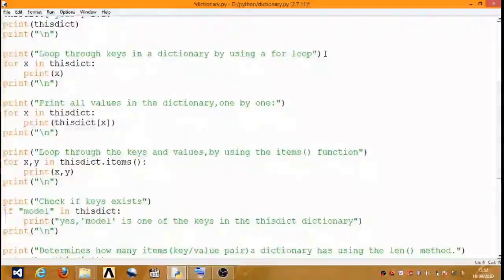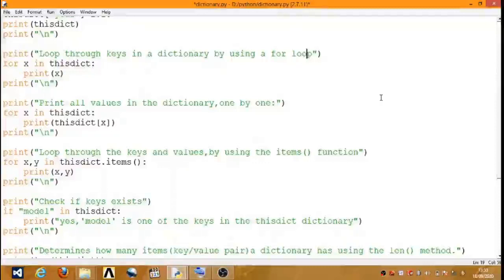Next, print in bracket double quotes, loop through keys in a dictionary by using a for loop. So here we can print all the keys from the dictionary by using for loop.